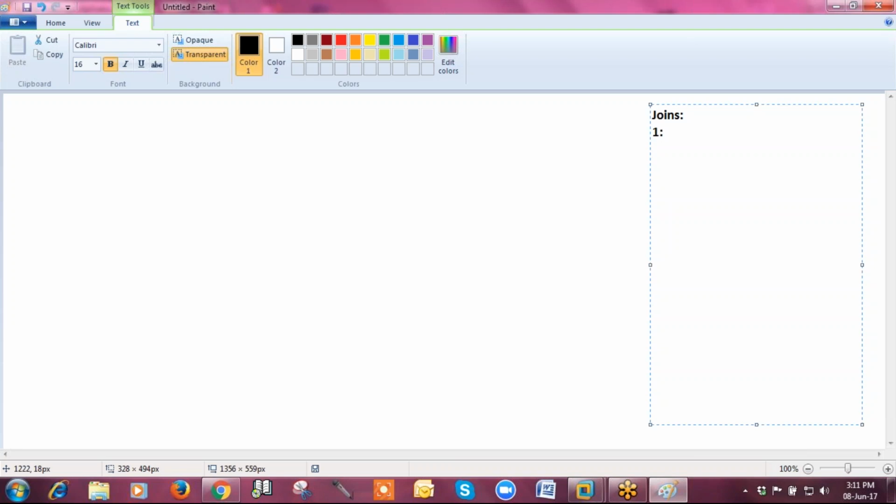So what we will learn in joins: first is what is natural join, second is the USING clause, third is the ON clause, fourth is three-way join, fifth is cross join, sixth is self join, and before moving to this, the seventh is outer join.